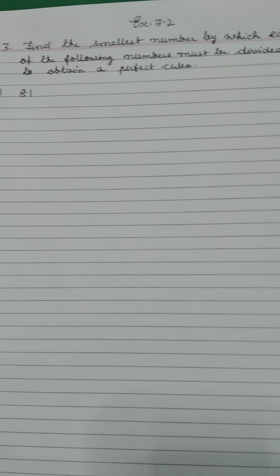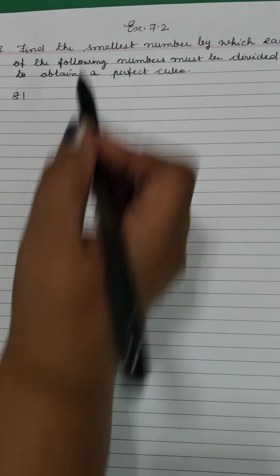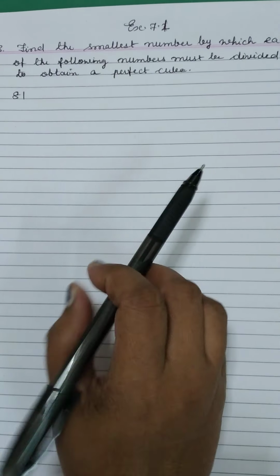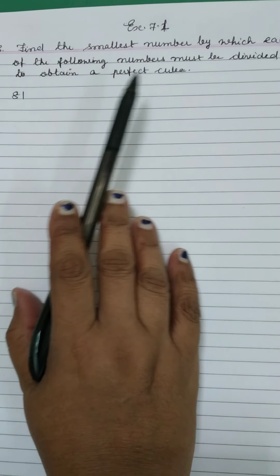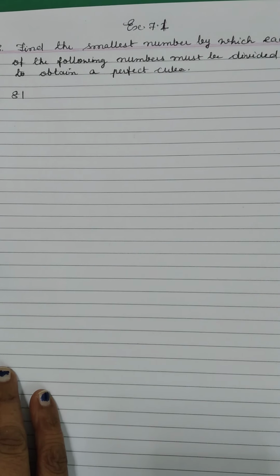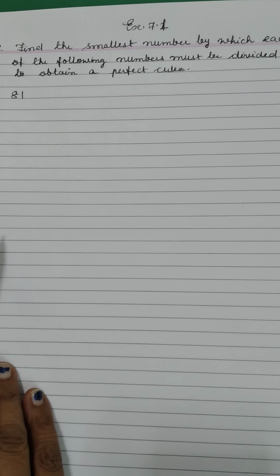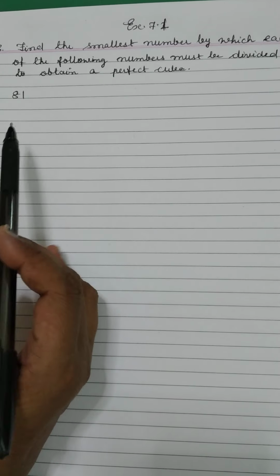Now question 3. Exercise 7.1, question 3. Find the smallest number by which each of the following numbers must be divided to obtain a perfect cube. जैसे परफेक्ट स्क्वायर में करते थे वैसे सेम मेथड फॉलो करनी है, राइट। यहाँ 3 का ग्रुप बनाना था,